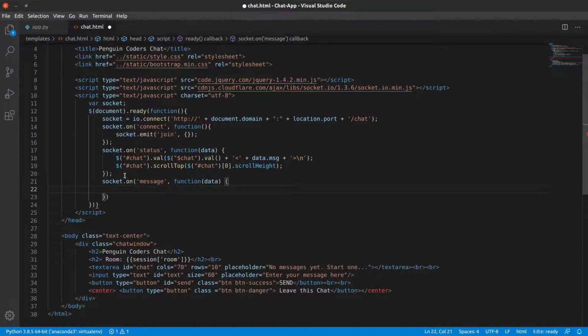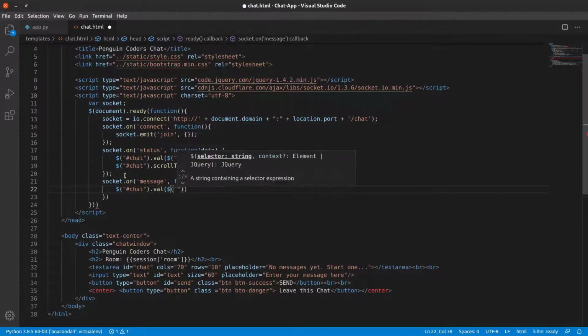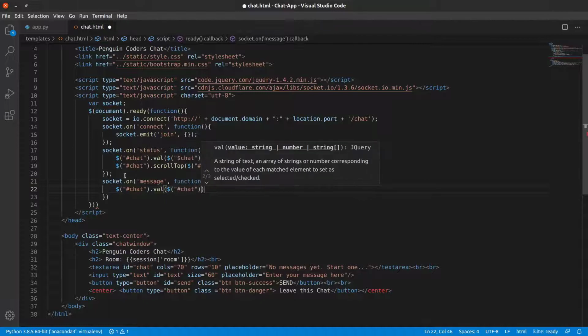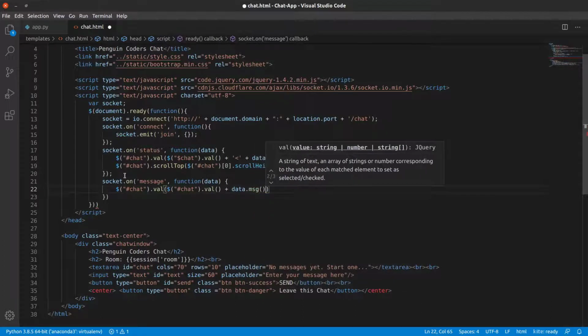Now here again we get the message data, chat.value, then again we pass the chat variable, dot value plus data.message.